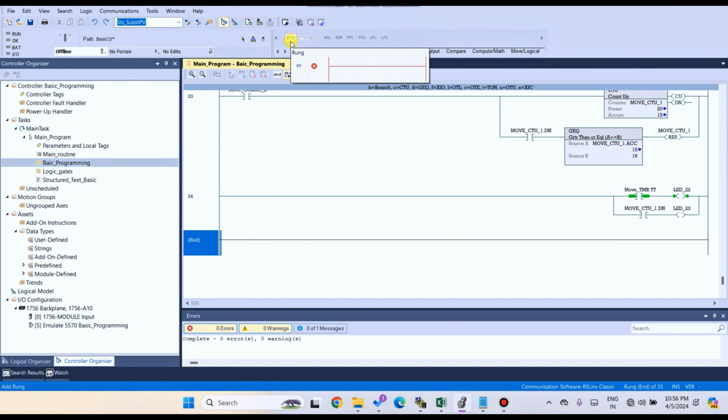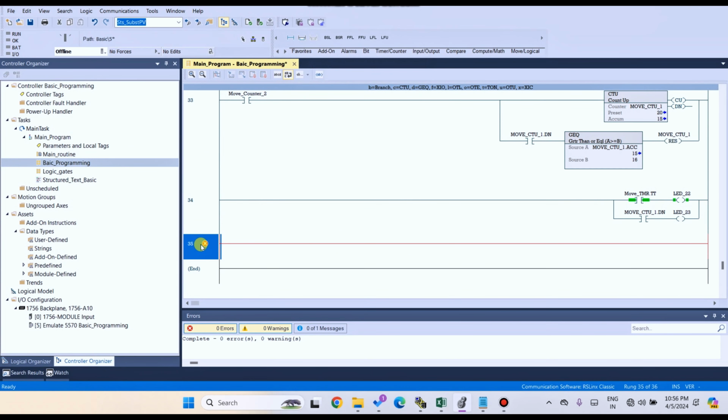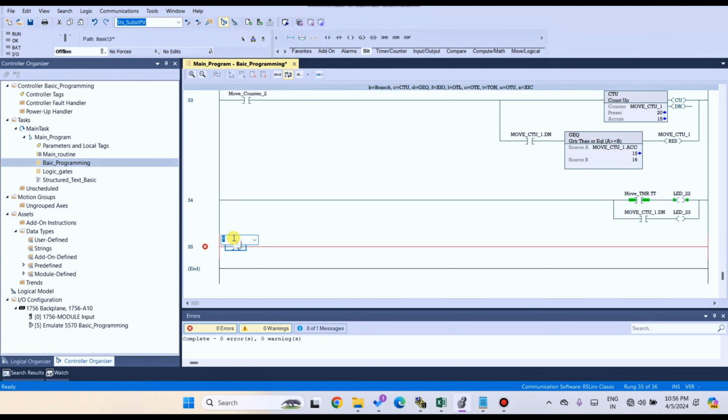So let's get started. Take a new rung, and after that take a normally open examine-on XIO. The tag name will be Gate_1.